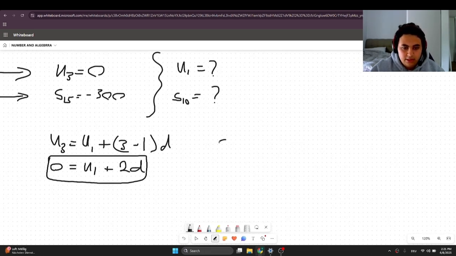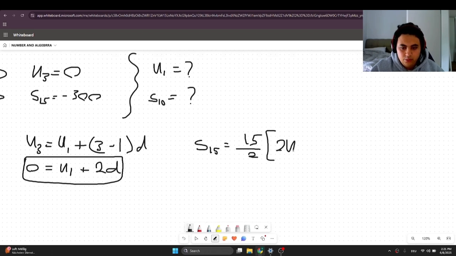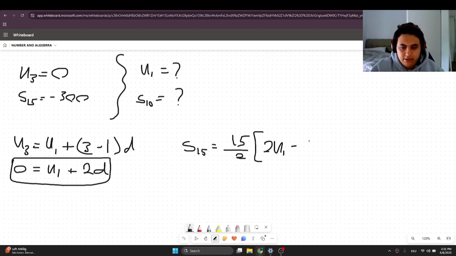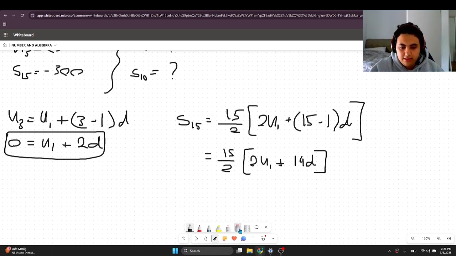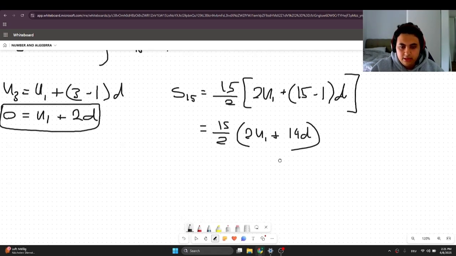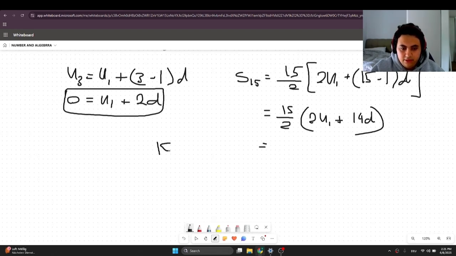What about S15? So S15 is equal to 15 divided by 2, all multiplied by 2u1 plus 15 minus 1 times d, right? So this will give us 15 over 2 multiplied by 2u1 plus 14d. Now we need to expand this fraction by the bracket, right? So we'll keep it as it is. So we'll say 15 over 2